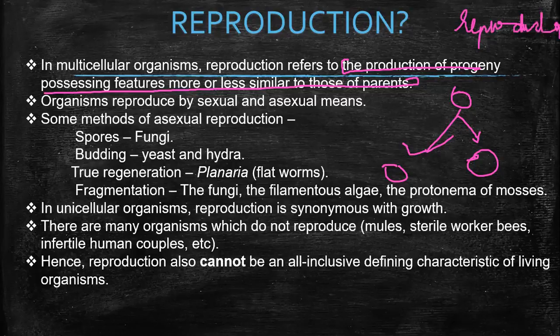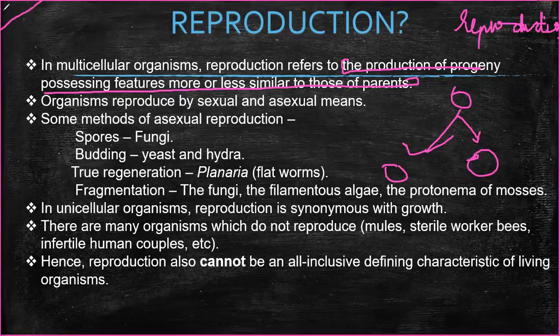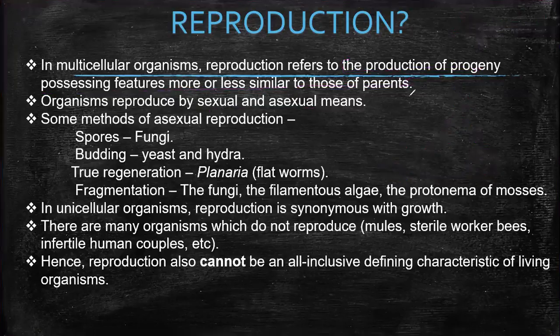Hope all of you are clear about this. Very basic. No need to go into deeper depths because we will be taking it in another session when we start after this foundation course. Organisms reproduce by sexual and asexual means, that you all know. Reproduction is of two kinds, so write in your notebook: asexual and sexual.